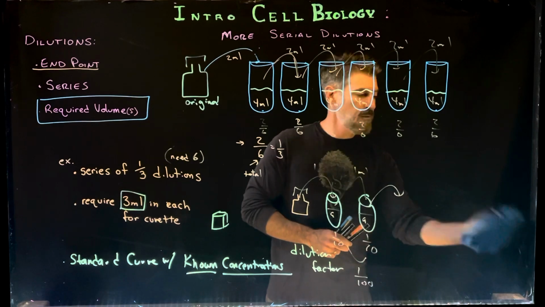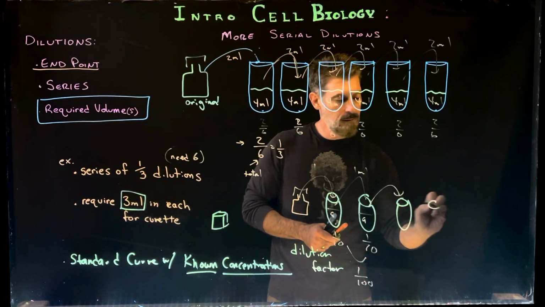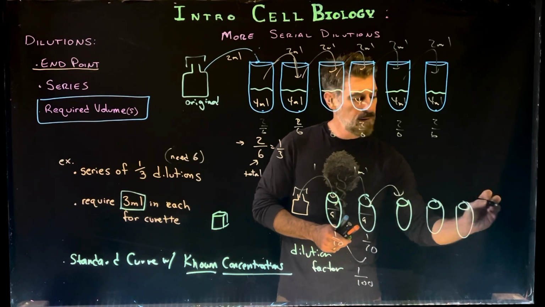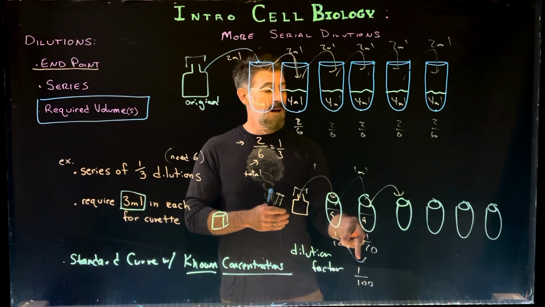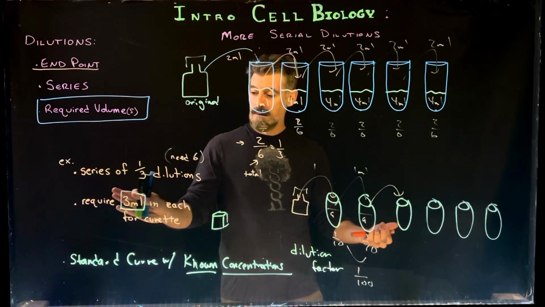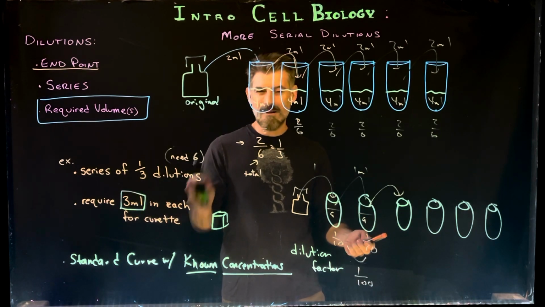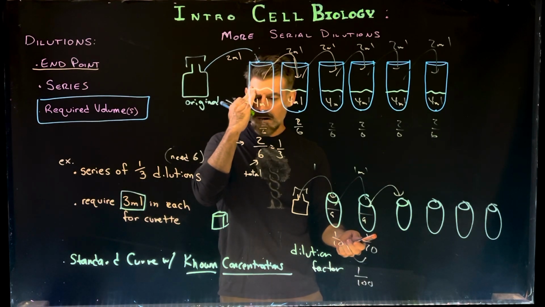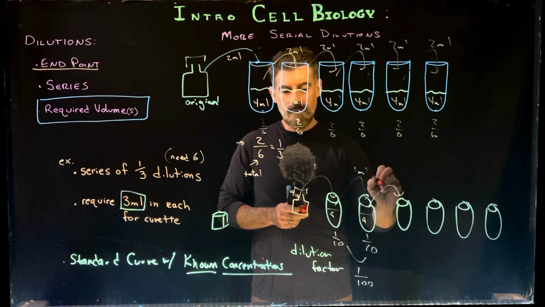And you could double check this once you're done, just to make sure the numbers work out. So I'm going to go 1, 2, 3, 4, like this. But I'm not going to use 1 to 9, right? They're 1 to 2 dilutions. I'm going to continue with the same concept here, though, that I need at least 3 milliliters. So that means the smallest volume I could possibly work with, and I'm doing 1 to